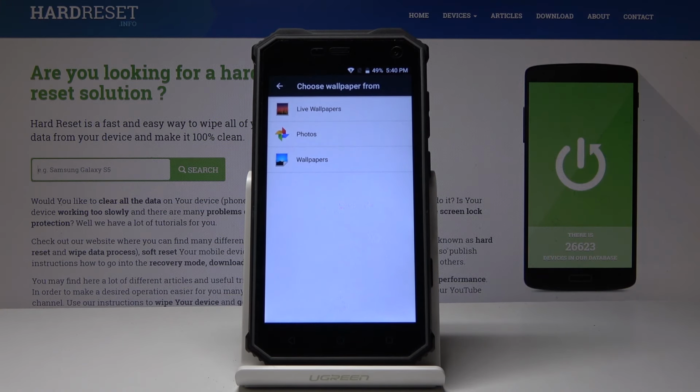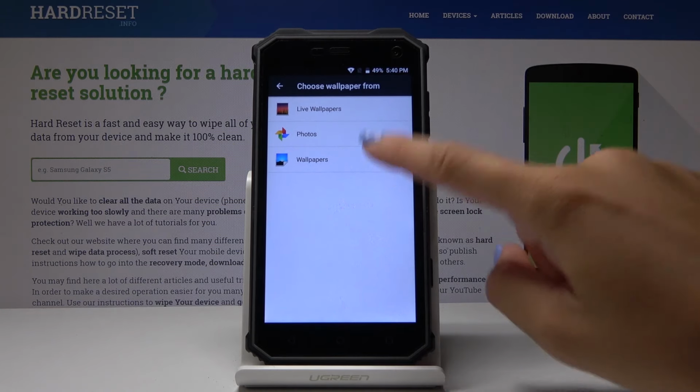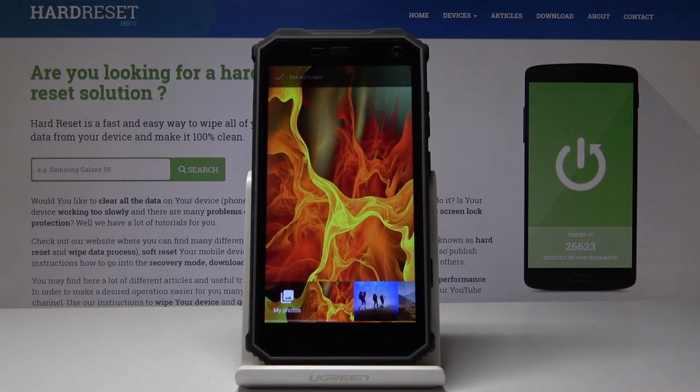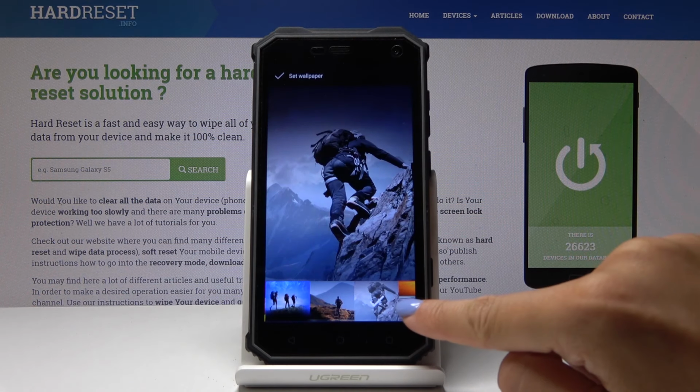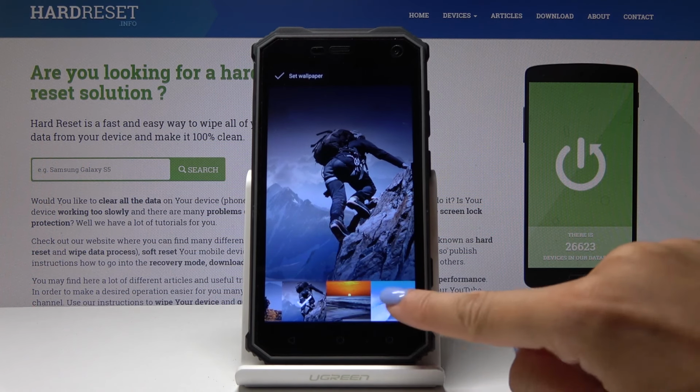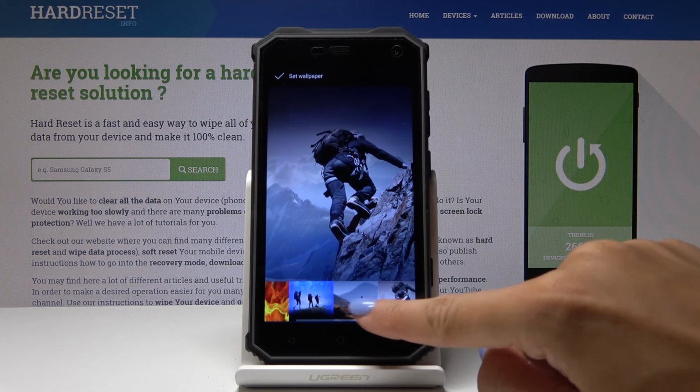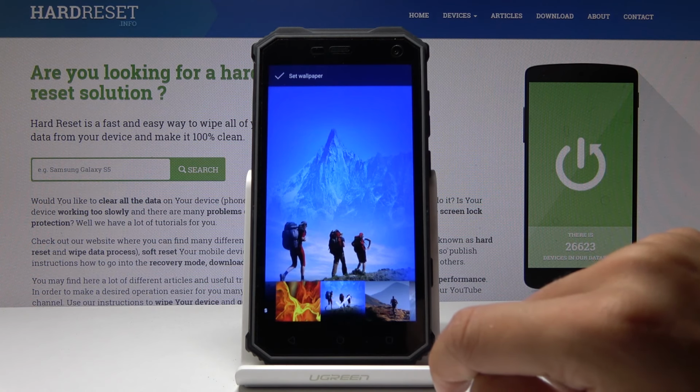It's time to select the source that you would like to pick your wallpaper from. It can be one from live wallpapers, from photos, or maybe wallpapers. So let me pick the last album, Wallpapers, and here, as you can see, you've got plenty of them. Truly amazing. So once you decide which one should cover your home screen, let me pick, for example, this one,